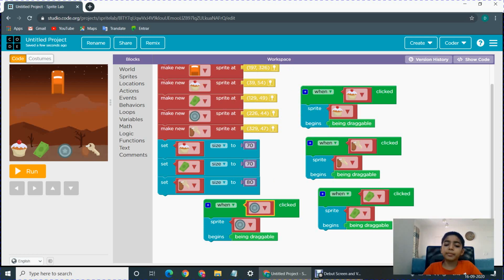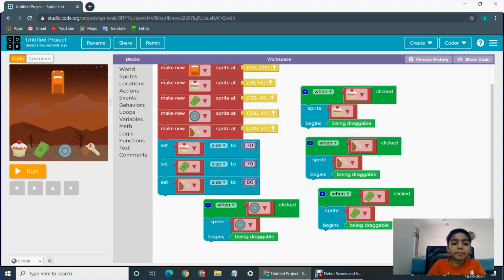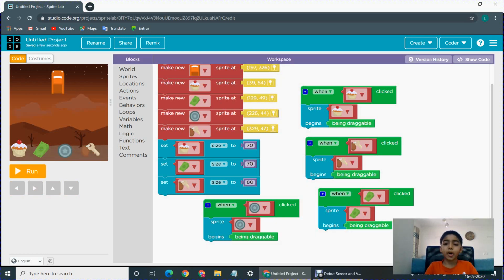So now it's time for our next part. But first we will check is it correct or not? Is it draggable or not? See, when I click it, it's being draggable. Even this. See, you can check your app. And the sky is doing nothing. See, it is not saying anything. And to check our app, first we should click the run button and then we can reset it. And to delete a block, just drag it to the toolbox.